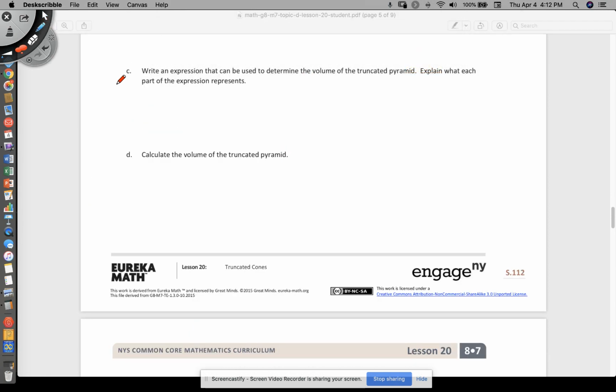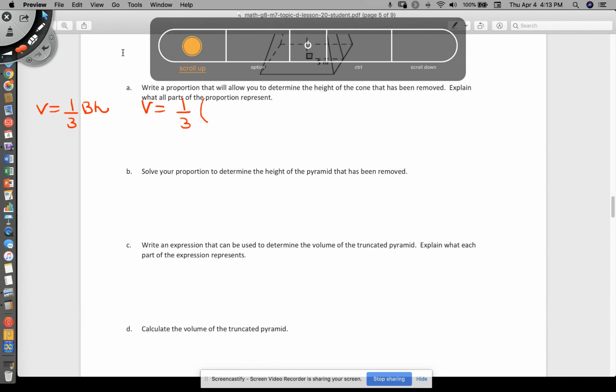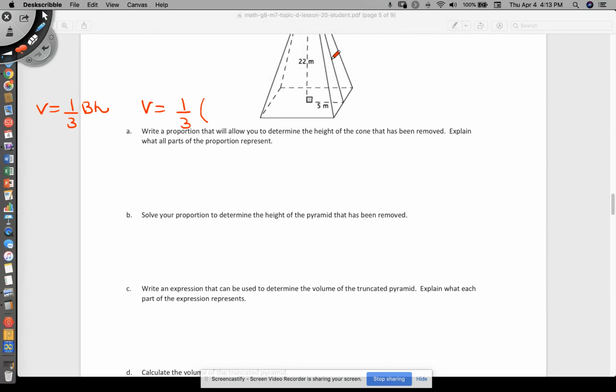All right, to write the expression, again, this might be a little bit more difficult, but this time it's going to be volume equals 1/3 BH. Notice there's no pi's, there's no r squareds because we're not dealing with any circles. So this will be volume equals 1/3. Now, if you look at the picture, I'm going to go back up to the picture real quick here. One thing you need to know is if halfway across is 5, the other halfway across is also 5. So this bottom is a 10 by 10. And then the top up above,